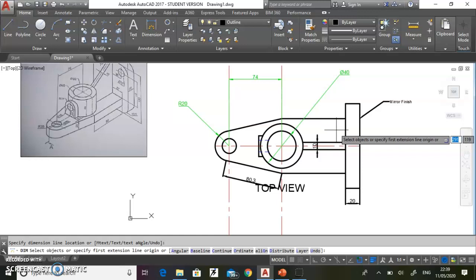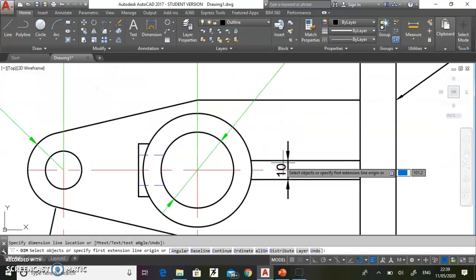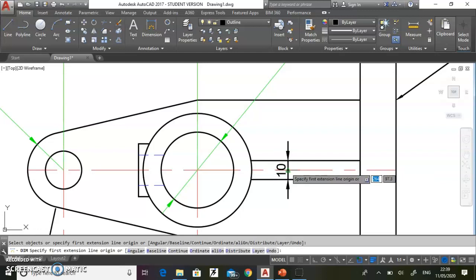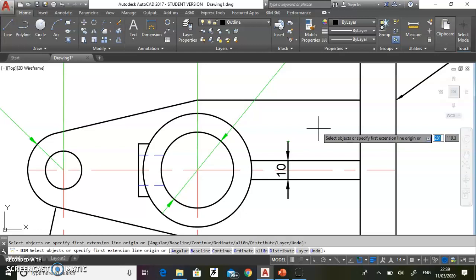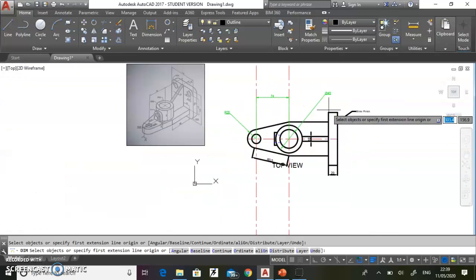So you see, the text has made its appearance in the center, whereas the arrows are coming outside. This is how we will be able to give the dimensions to a given object.